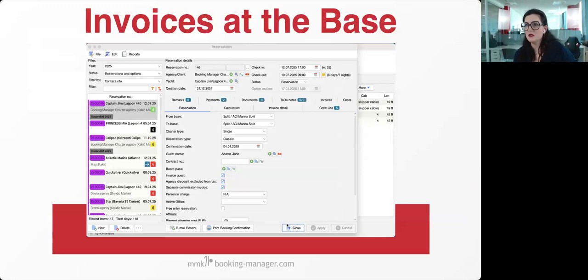Okay, so we saw so far what is related to the charter amount. Now we will see what can be invoiced at the base. Generally, the 2 most frequent invoices you issue at the base are for tourist tax for the countries or cities that have a tourist tax, and extras at the base. So we will see first the